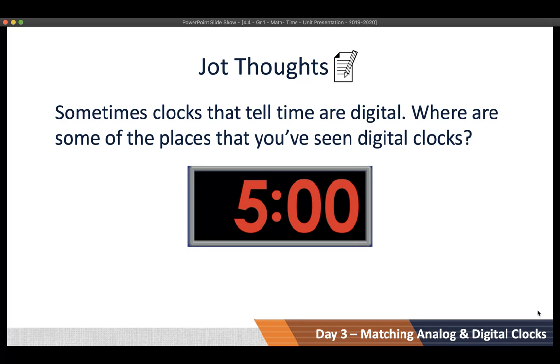Sometimes clocks that tell time are digital. Where are some of the places that you've seen digital clocks? Take a moment and reflect on where you've seen clocks that look like this before. Some places you might have seen digital clocks might include on your oven, your microwave, or sometimes you can own digital clocks like this. A lot of the times people on their phone have a digital representation of a clock